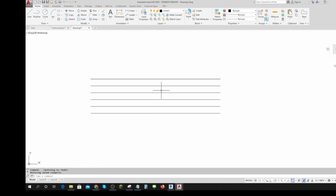And I don't know why that didn't come out as center 2. Click. Oh, there it goes. Center 2. Click. Dash dot 2. Click. Dashed 2. Click. Oops. Pick it. Click. Divide 2. So you're just going to go through